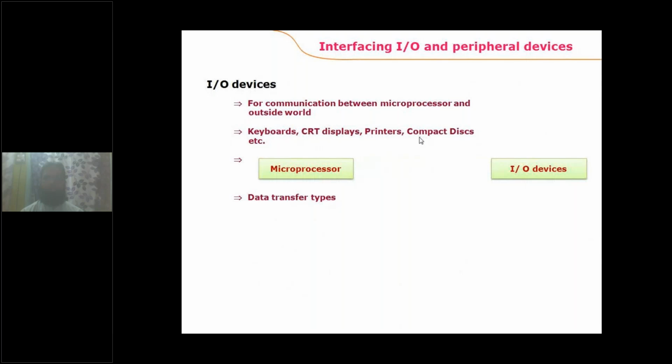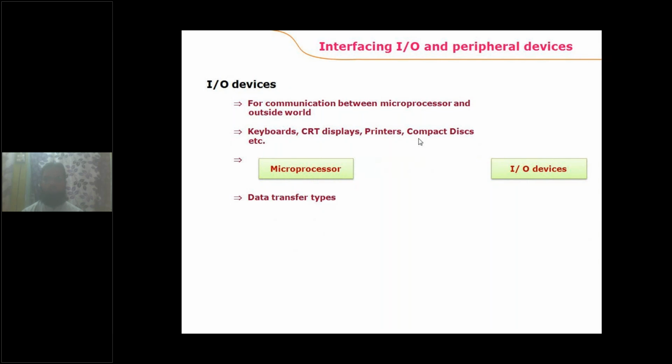Whenever you are going to interface IO devices with the 8086 microprocessor, you need to know in what way we can connect IO devices with the microprocessor. Basically, the input or output devices cannot be connected directly with the processor. Why? Because the input and output devices may not be equal in features with the 8086 processor.